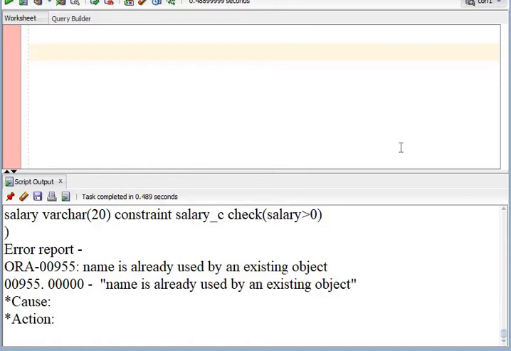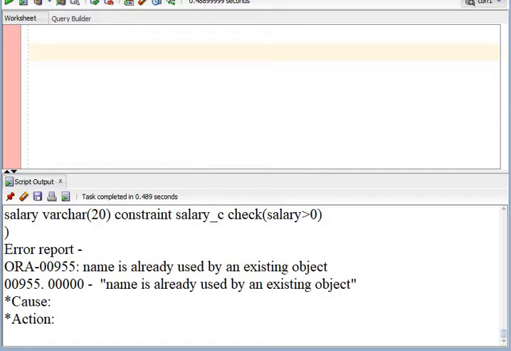Let us say the new constraint is unique, and the data present in that column is duplicate in nature, that is, there are duplicate values. Then obviously applying this unique constraint on that existing column will create a conflict and will not be applied.